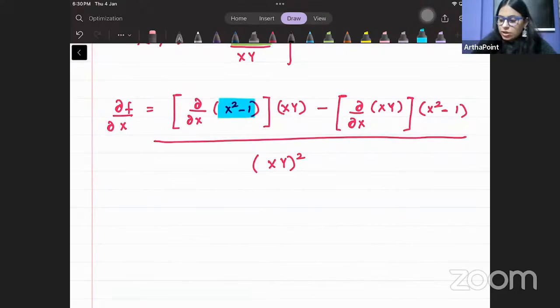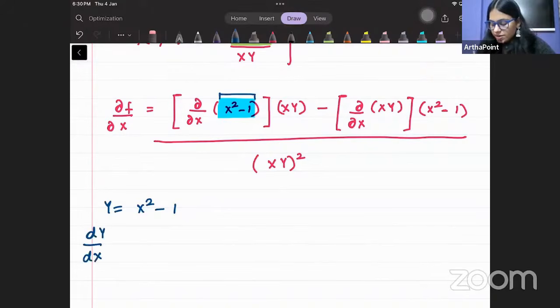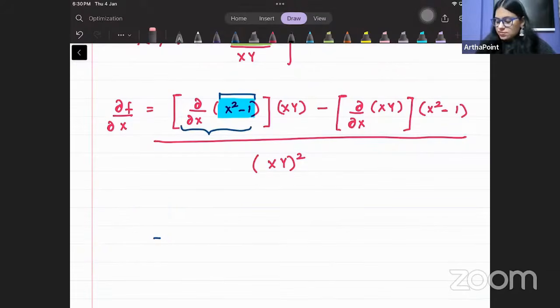अलग से लेके देख लेते हैं। तो बच्चे अगर मैं आपको बोलती हूं कि y जो है वो x² माइनस 1 है, ये वाला पार्ट ले रही हूं मैं, और मैं आपको बोल देती हूं कि इसको डिफरेंशिएट करो x के कंपैरिजन में, तो बेटा क्या आएगा 2x माइनस 0। तो इस पूरे की जो डिफरेंशिएशन है वो हो जाएगी 2x, तो मैं इसको 2x से रिप्लेस कर देती हूं इनटू ये xy एज इट इज। बेटा अब यहां